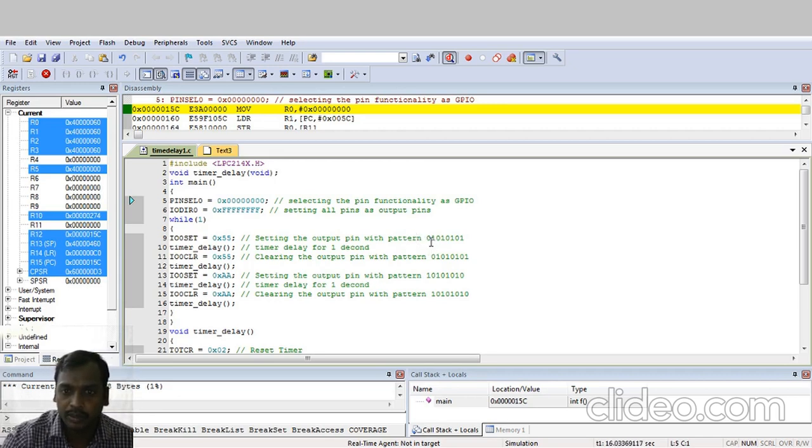Whenever you are performing the time delay operation, observe this one: 7th bit, then 5th bit, then 0 bit, 3rd bit, 5th bit, then 2nd bit, 4th bit, 6th bit should be enabled.